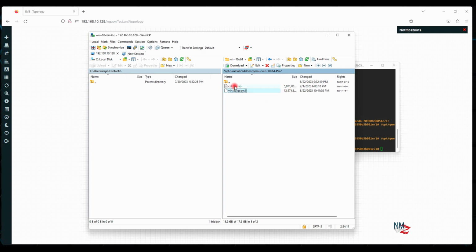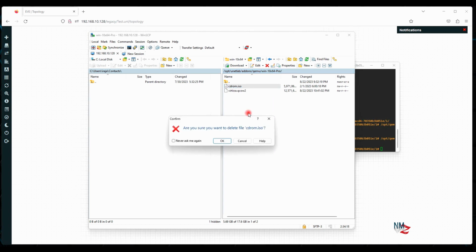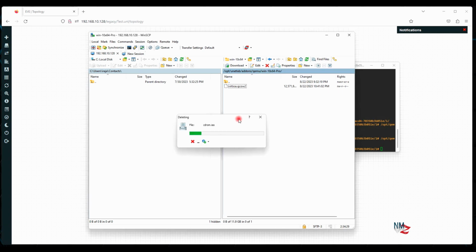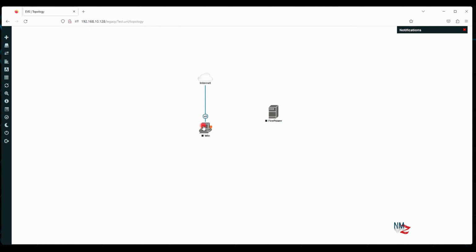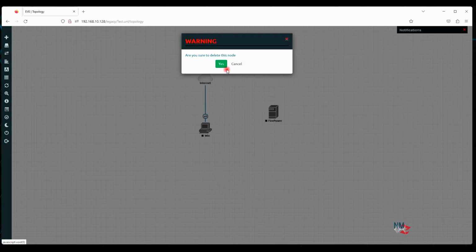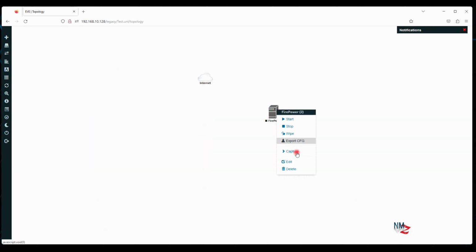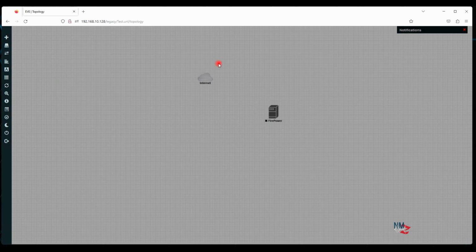I'm going to remove this because I don't want this image to just take the space of my virtual machine, and I don't need this ISO image anymore, so I'm just going to delete that. Now our Windows is ready, and it's Windows 10 Pro, and let's check that. I just want to show you that our image is